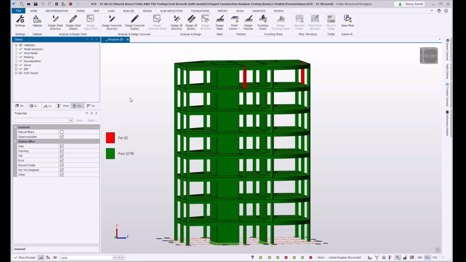So for this simple model, only two things fail. Basically that's two places where the reinforcement that you needed in these columns for a traditional 3D analysis is greater than the amount that you would need when you start to consider stage construction analysis. So this is a first view on this potentially slightly more efficient design that you can get by considering stage construction analysis in combination with the chase downs.